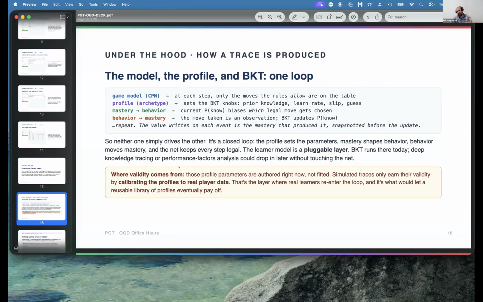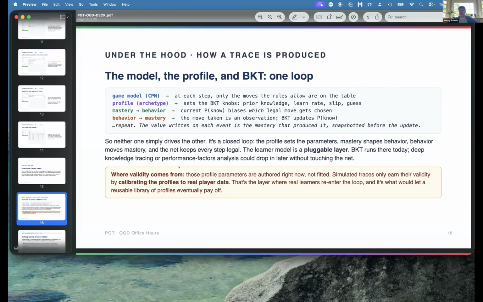Because my other question was going to be, I think another thing that would be a really useful early next step on this would be exploring a multi-KC model. Okay. And how does the Q matrix map to the PetriNet? Like, how do you map the KC? Because the same KCs are not going to always be implicated at every transition. You're going to want to be able to map them to transitions.